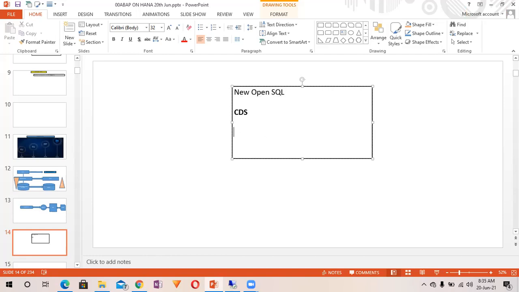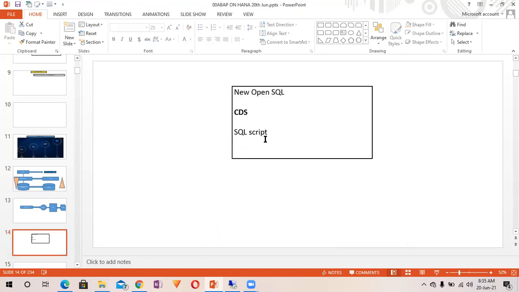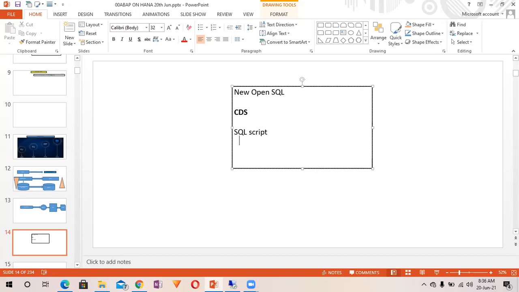SQL script has the benefit that you can perform the business logic directly at the HANA DB, right? Because you won't be able to write ABAP code at the HANA DB. HANA DB does not understand ABAP code, but it understands SQL script. So if you have to write the logic directly at the HANA DB, you should be good at writing SQL script.